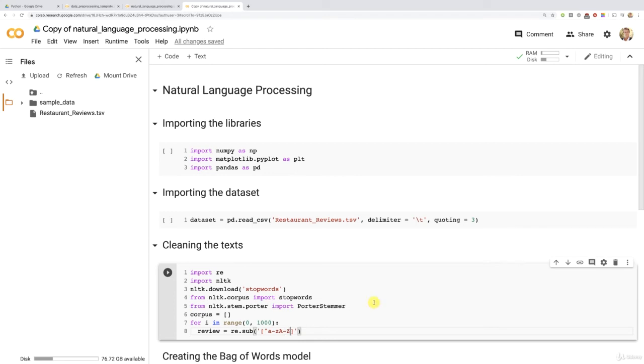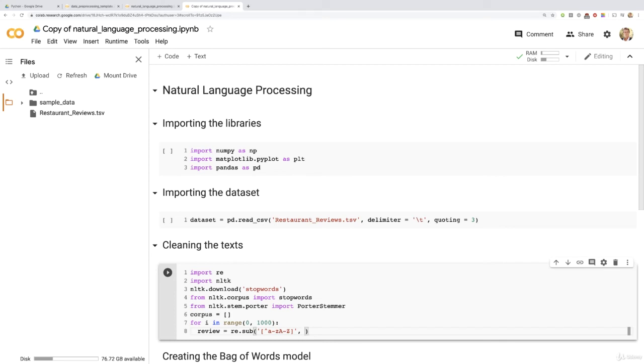All right? And what this hat means is exactly not. This symbol in mathematics or computer science means not, meaning not all the letters from A to Z in lowercase, nor the capital letters from A to Z, which is exactly what we want. We want to replace anything that is not the letters from A to Z in lowercase or capitals by spaces. And the way to specify that we want to replace all these by spaces is, well, exactly what we have